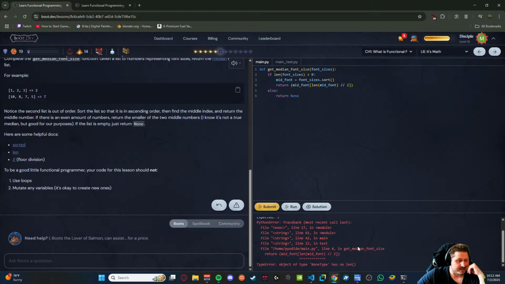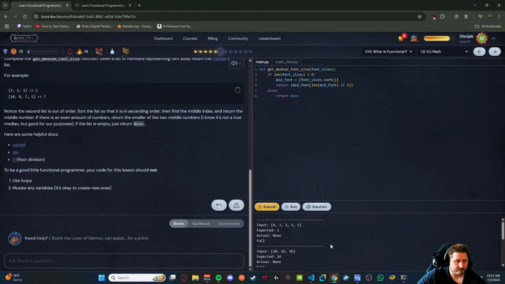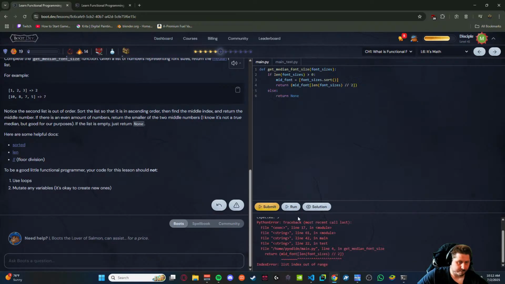Object type NoneType has no len. Actual none. List index out of range.